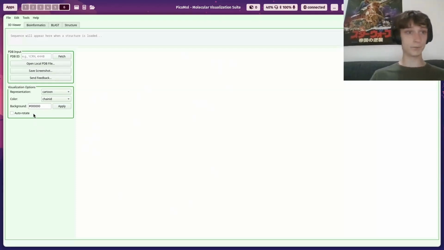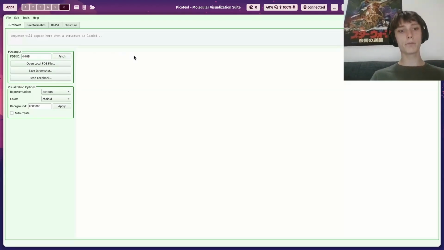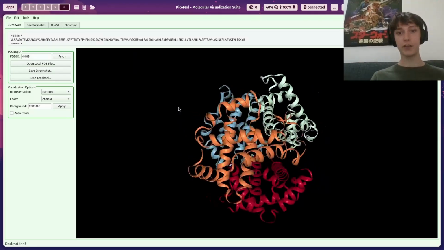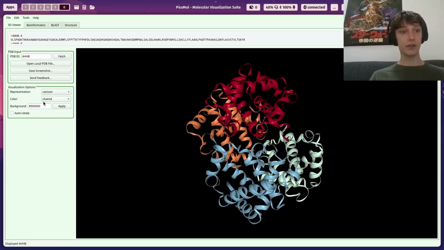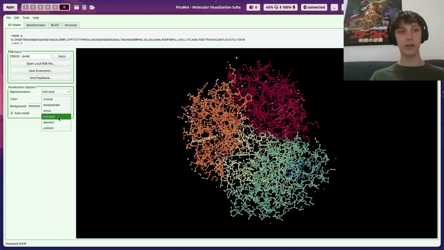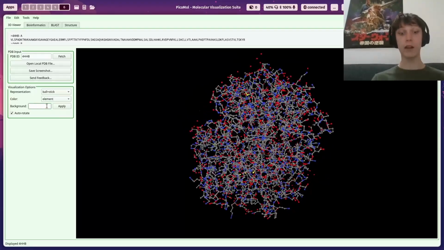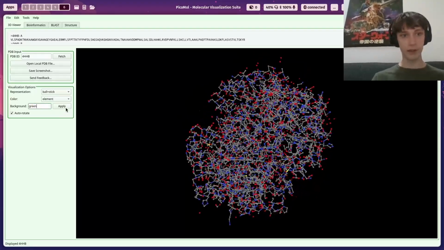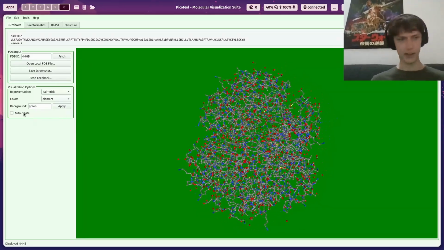standard interface. So what you can do is fetch or open a local PDB file. I'll fetch 4HHB just because that's there to fetch. And it loads the structure there. After you've loaded the structure, you can set it to auto rotate, you can change representations, change the coloring scheme, change the background even. I can change it to a horrendous shade of green. And that's beautiful. That's publication quality image there. Obviously I'm joking, but